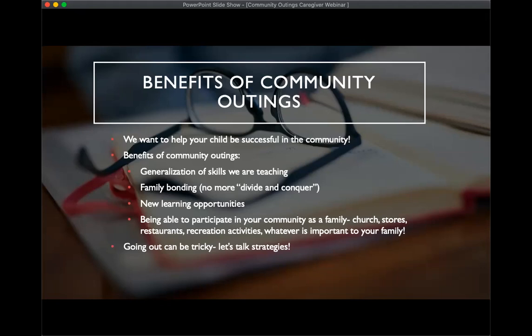Right now that may be hard to judge, because it's likely that you're not getting many opportunities to go out in the community like you may have been used to before. But whatever is important to you and your family, and whatever you would like your child to be able to do, they won't be able to do that without practice. So even if it's overwhelming at first, we're going to talk about how to make it easier over time.